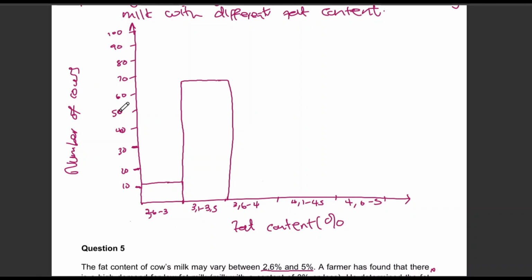So 3.6 to 4.0, there is a 91, 2, 3. 93 can't be here because this will be 95. So 93 will be somewhere there. Okay. Then